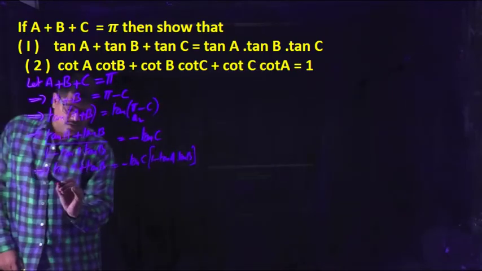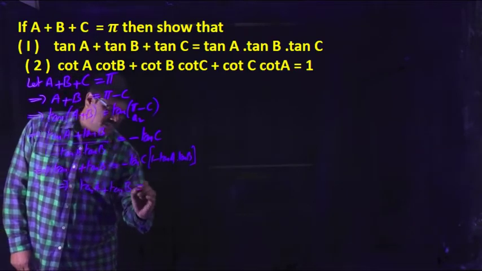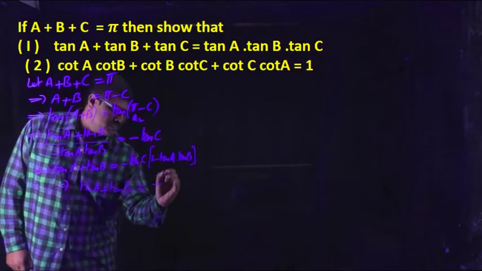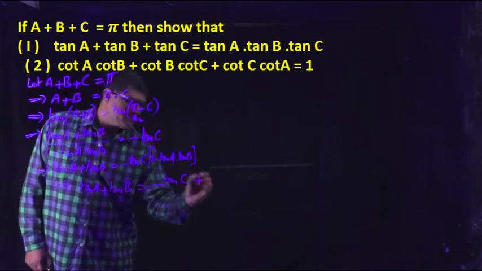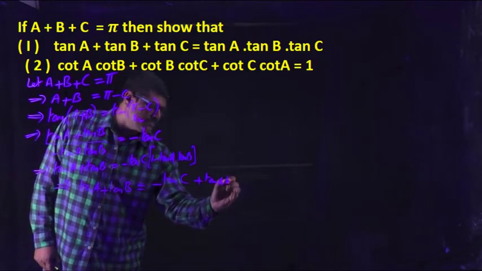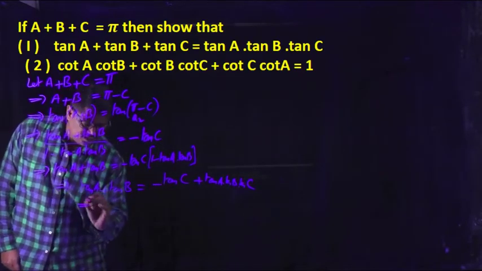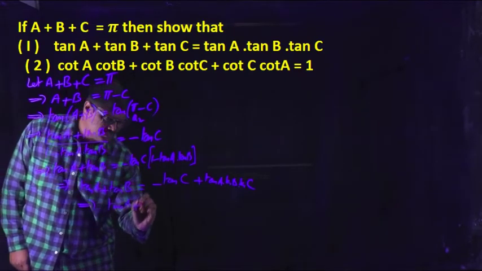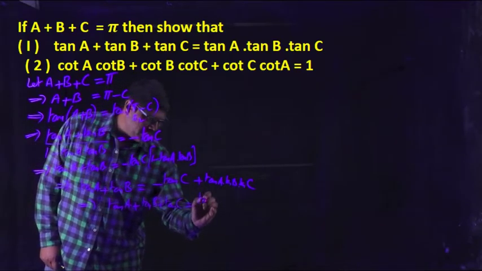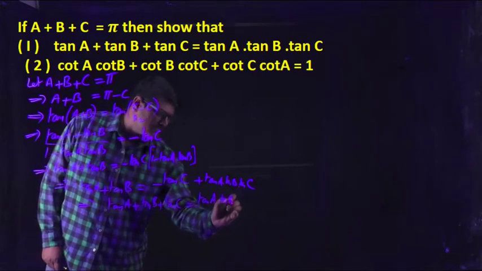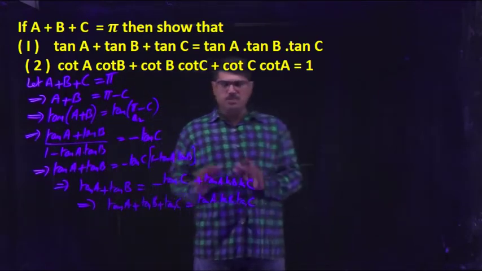Now the value of tan A plus tan B is equal to, multiplying minus tan C into the bracket, minus tan C into 1, that is minus tan C. Next, minus into minus becomes plus, so that is tan A into tan B into tan C. Now taking minus tan C to the LHS, we get the condition tan A plus tan B plus tan C is equal to tan A into tan B into tan C. So this is the required condition. You have to remember this from an objective point of view.